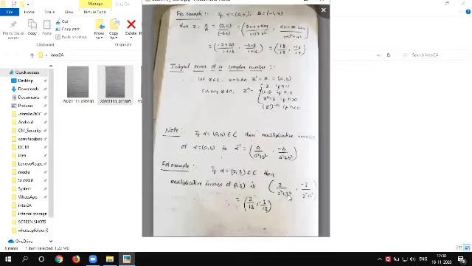Now we take an example for understanding, with alpha value and beta value. Suppose alpha is 2 comma 5 and beta is minus 1 comma 4. Alpha and beta are given as 2 comma 5 and minus 1 comma 4. Now how do we divide alpha by beta, that is 2 comma 5 by minus 1 comma 4? How do we substitute these values in the formula? We have the formula (ac plus bd) by (c square plus d square), (bc minus ad) by (c square plus d square). Now we have to substitute these values in that formula.